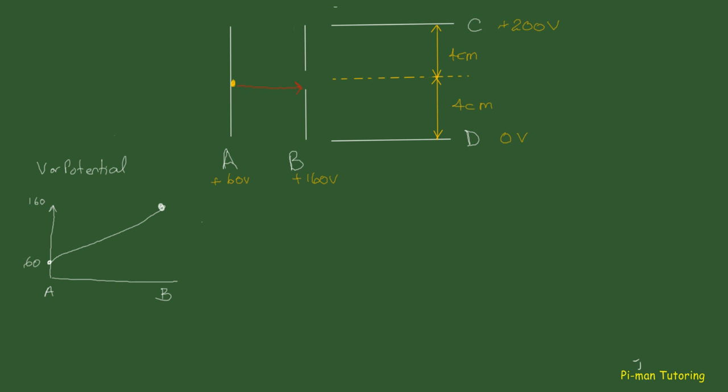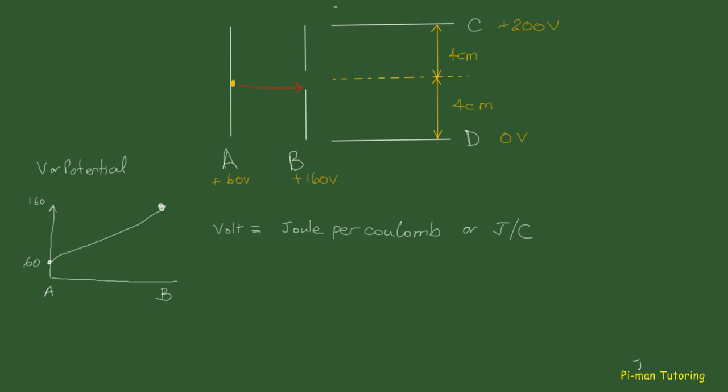Now, if you remember the units of potential or volts, a volt is the same as a joule per coulomb, or J over C. 1 volt is 1 joule per coulomb. And that means that if we move 1 coulomb of charge through 1 volt of potential difference, we exchange 1 joule of energy with the field. So